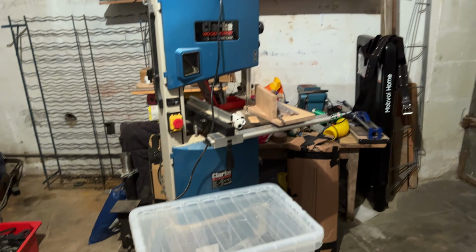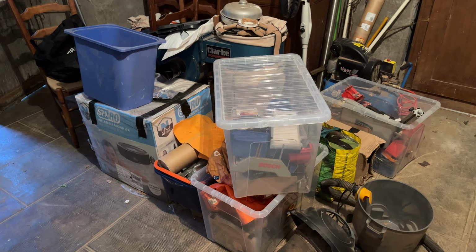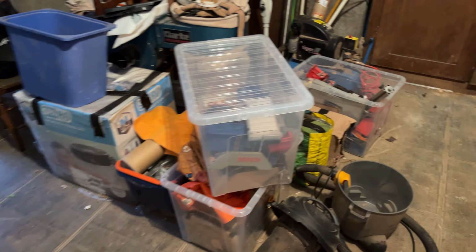But I've still got this pile of shame, even though I've got some shelves up and I've got my bench up and my vice is all up and running. But it's not being used for guitar making yet because everything is in such a mess. Everything is randomly placed and it's all been grabbed out of boxes on a panic whim need to use mode. So it doesn't matter what I've done, I'm going to have to undo the whole thing and start again because